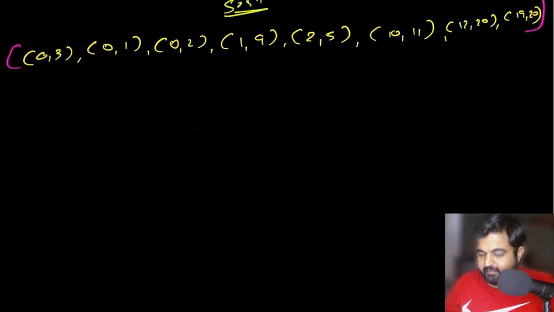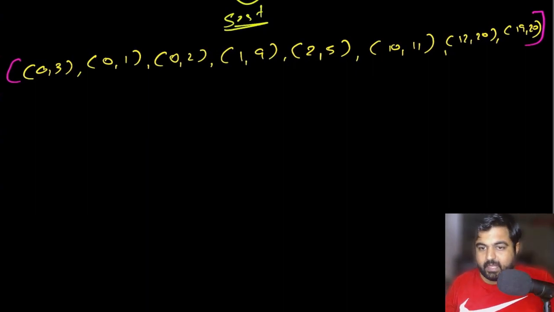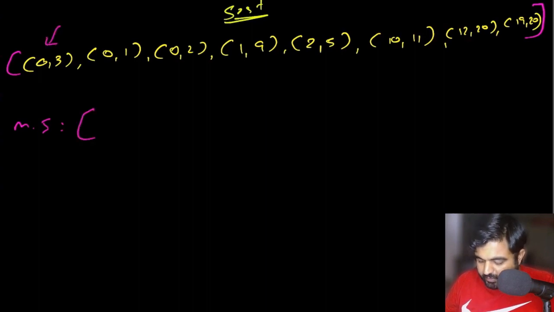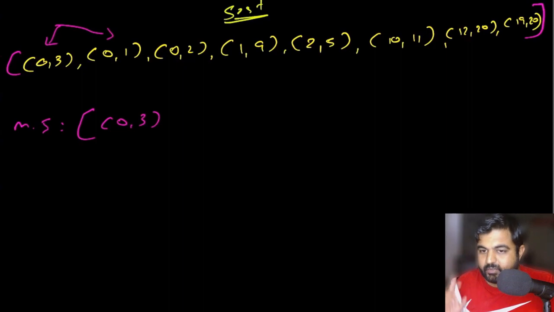Okay, now we have our sorted input ready. Now things are going to be much easier for us. Basically, what we are going to do is create a new merged interval array. Inside the new merged interval array, first of all, this is the first position that we will have to add. So let's add this first position, 0, 3. We already added it. Now for the second position, there are two possibilities. The first possibility is that either these two overlap or they don't.